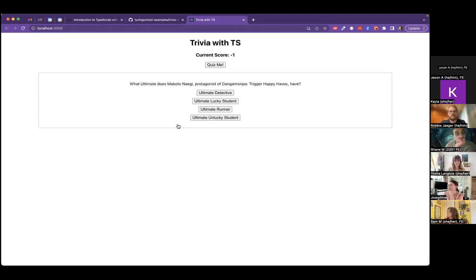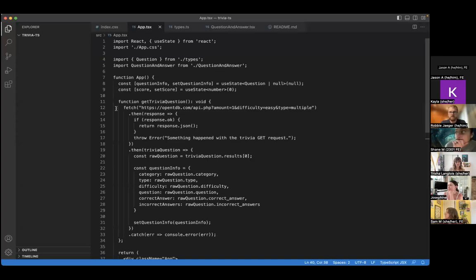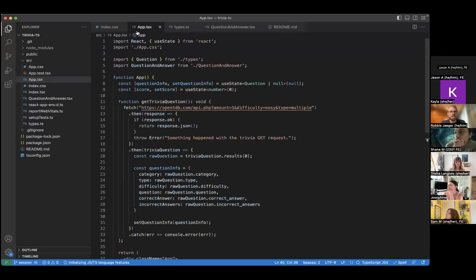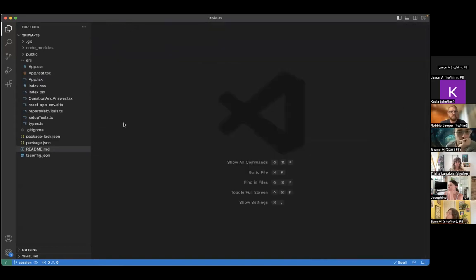All right. Go ahead, open up the code base in your favorite code editor. Okay. And one thing to note, first of all,